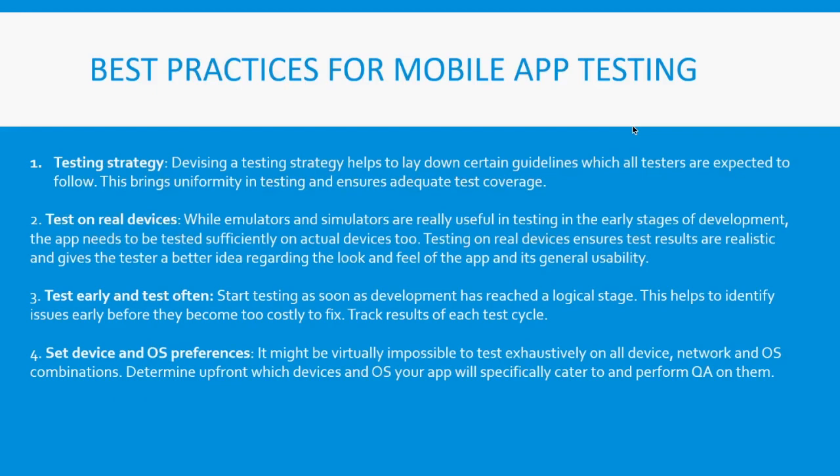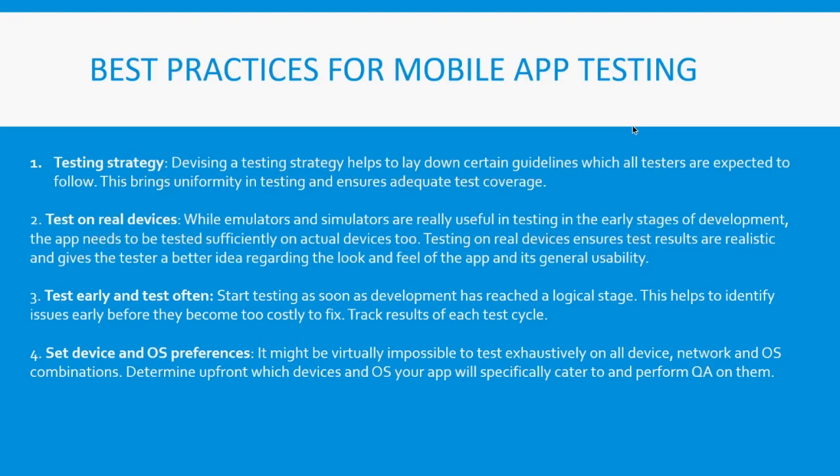And apart from having a testing strategy, you need to make it uniform and ensure that it gives you adequate test coverage. So what is a test strategy? A test strategy is a high-level plan that details what you are testing, your test environment, your tools, the approach to which you are going to do the testing, and also